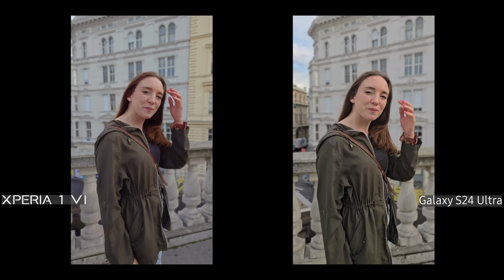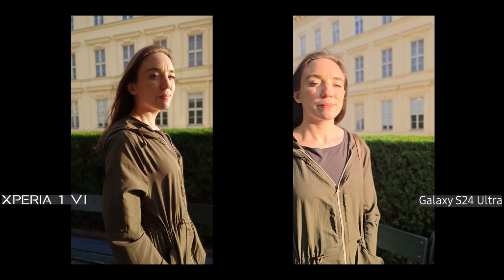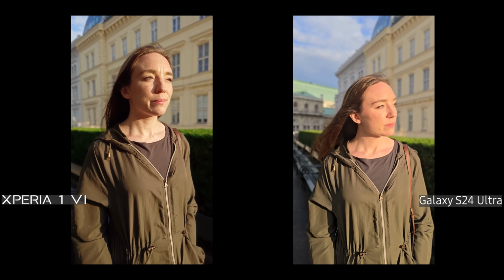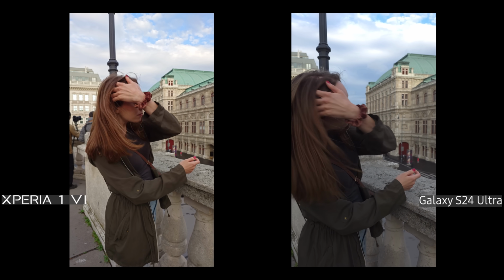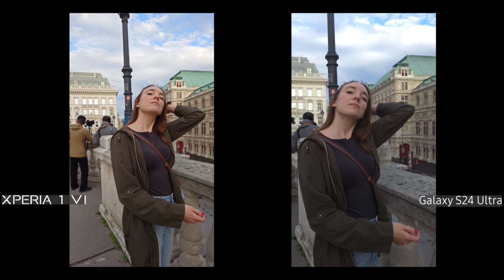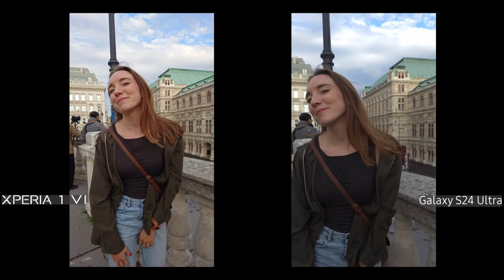I just love them. The first shot is in the portrait mode. I love the colors and everything on the Xperia. On the second shot, I feel S24 Ultra overexposed, while Xperia did a better job. Both can also take 100 frames per second videos, which can be used later to slow the footage to have a bit of a dramatic effect if that's what you are looking for, as Sam and I try to